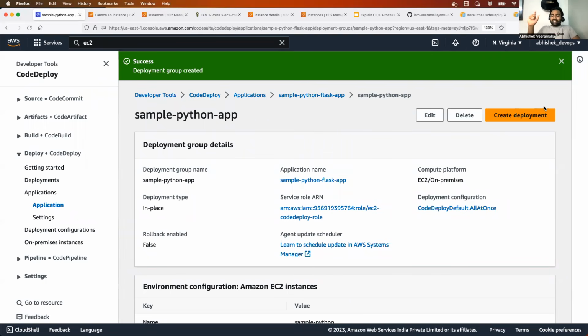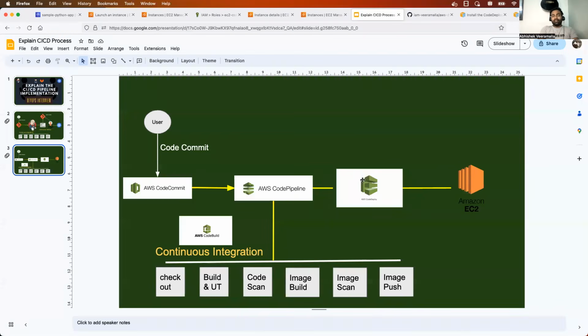We are one step away from creating the continuous delivery model. That one step is to create the deployment itself. What did we do till now? We have created a CodeDeploy application. What is a CodeDeploy application? Inside the CodeDeploy service, you have registered your application, saying that as a DevOps engineer, I have a payments application. So I've created a folder for the payments application. The folder is nothing but the registered payments application. Now I've created an EC2 instance for deploying the payments application, and I've integrated both of them. I said this is my target group and this has to be implemented, but we haven't done the actual thing,